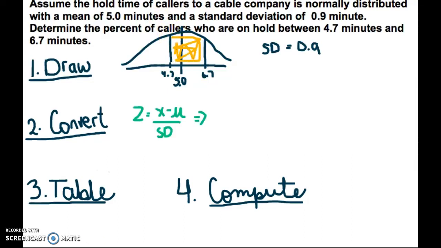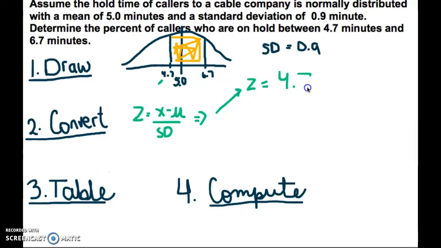All right, so what we're going to need to do is convert our values to z-scores so we can use the z-score table. So the first thing I have is z is equal to... to find the z-score, you take the value, in this case our first value will be 4.7 here, and you take your value, subtract your mean, divide by your standard deviation. So our first one here, I'll do it up here, my first z-score is equal to